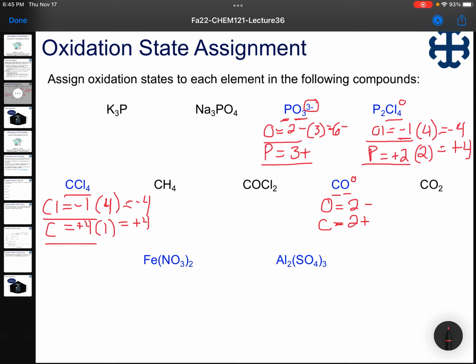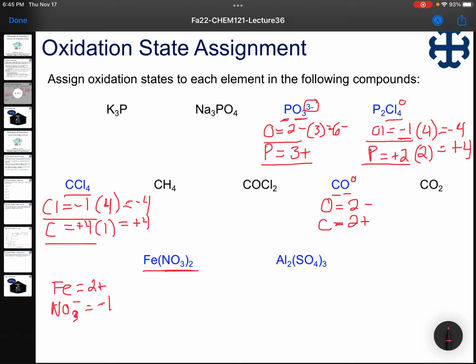Next up, we have an ionic compound, so iron nitrate, iron 2 nitrate, I should say. And so if we're looking at this, we should know, hopefully at this point, nitrate is always a -1 charge. That's one of our polyatomic ions. So I'm going to split this up into iron. And because we have 2 nitrates that we know are -1, our iron has to be 2 plus to balance that charge. And so we know that each nitrate, NO3 minus, is equal to a -1 overall.